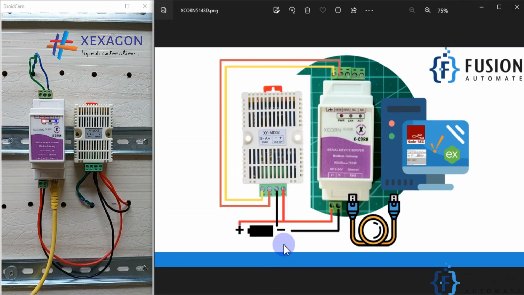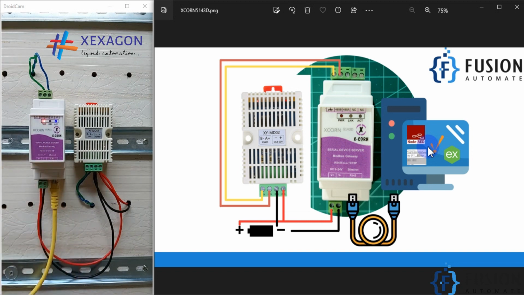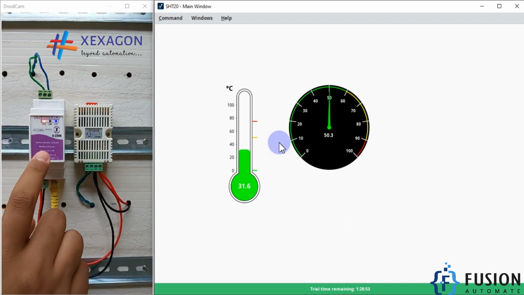So our agenda of this video was that we want to convert Modbus serial data into Modbus TCP data, and then we want to read those data in the Ignition SCADA, or we can say we want to integrate this gateway, XCON 514D, with Ignition SCADA. That is done. Okay, we have integrated it and we are able to see live data on our Ignition SCADA screen. Okay, so this is how you can use this XCON 514D gateway to convert your Modbus serial data into